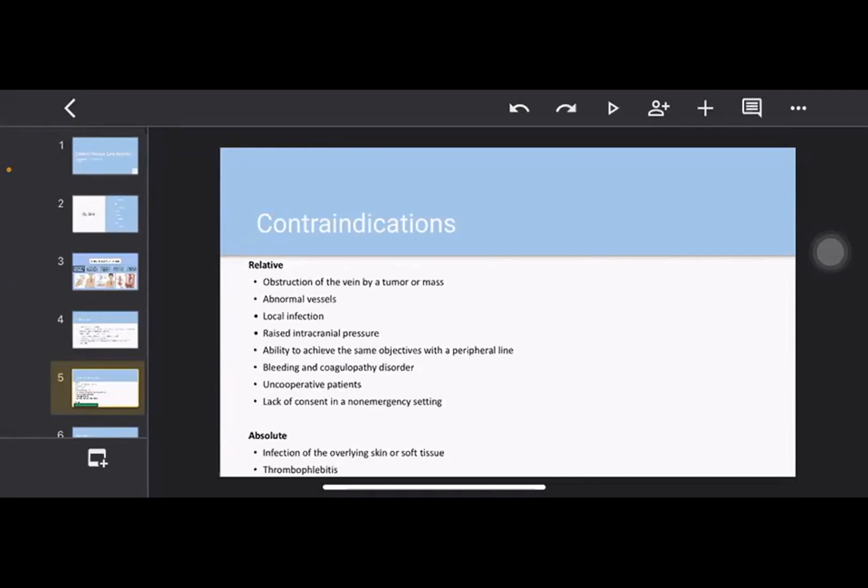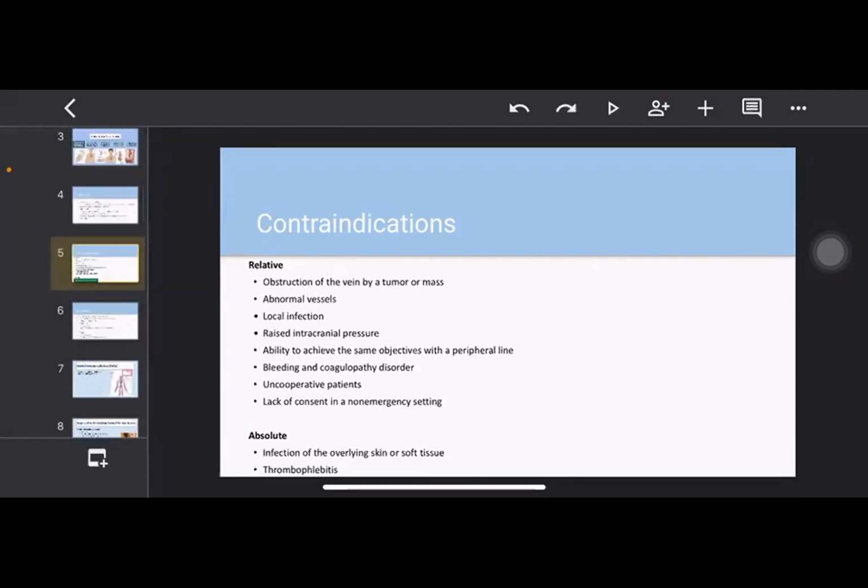As we all know, the IJV is located closely to the head. Other relative contraindications are the ability to achieve the same objective with a peripheral line, bleeding and coagulopathy disorders, uncooperative patients, and lack of consent in an emergency setting. The absolute contraindications are when there is an infection of the overlying skin or soft tissue, or when there is a